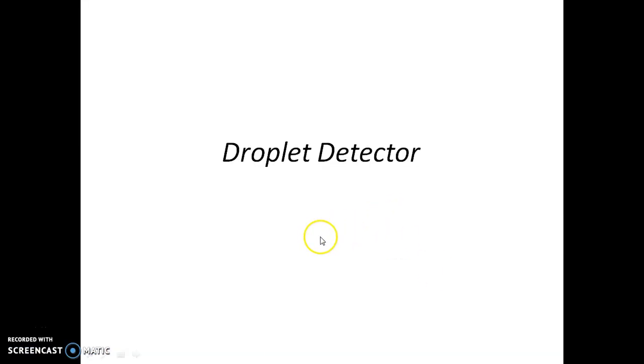Hello friends, in this video we are going to discuss the droplet detector. Suppose rain is falling and one drop is coming, then how do we detect the drop? Is there any sensor? Yes, we can make a kind of sensor which can detect the droplet. How? We will discuss. But before that, I will give you a quick recap on the principle